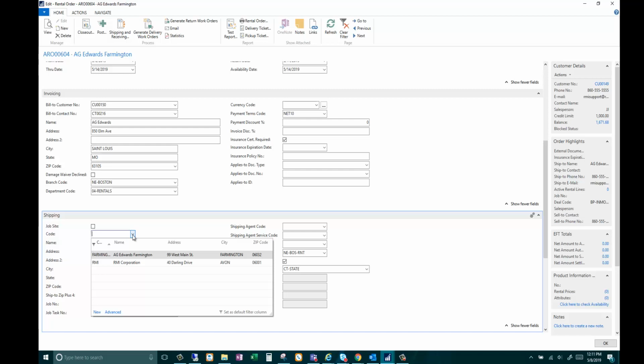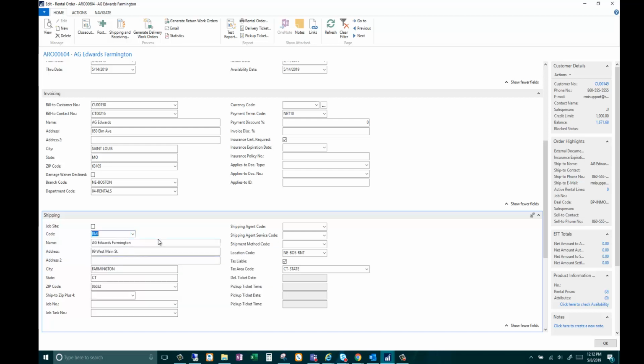Besides selecting a ship to code, you may simply type over the ship to name and address. For example, let's say the equipment should be delivered to RMI. Enter in the ship to address information, and this information will appear on the ship to address information as well as our order service if you're using Rental Advantage service. But from here, I'm just going to select RMI and hit enter,